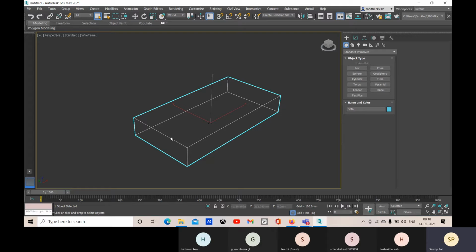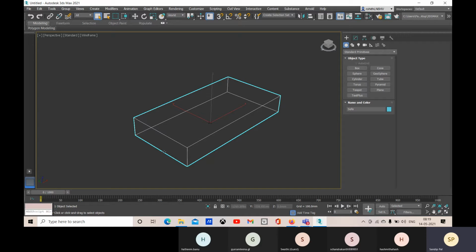In AutoCAD, I think I have showed you about mesh objects, and there you can control the vertex, the edge, and face. Also, you can go for that solid. You remember that in the selection, there was a filter, and I can select vertex, and then I can move the vertex, and I can modify the simple object into another object. So that is also possible here in 3ds Max.